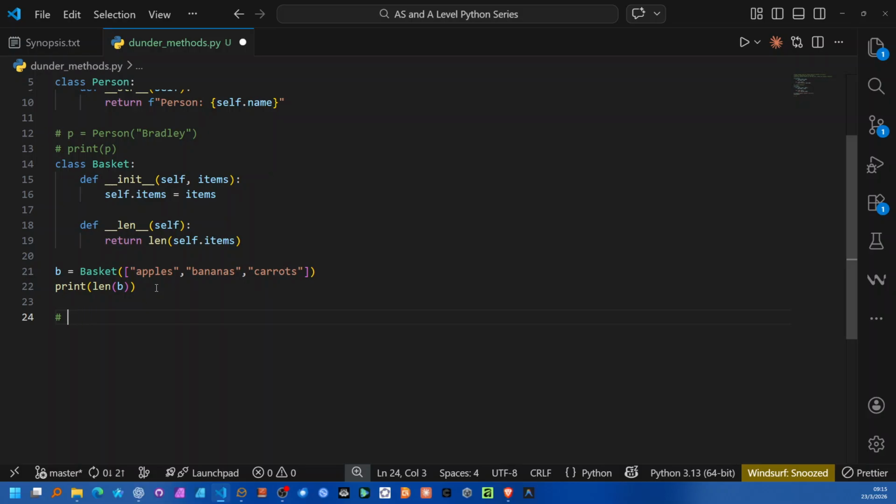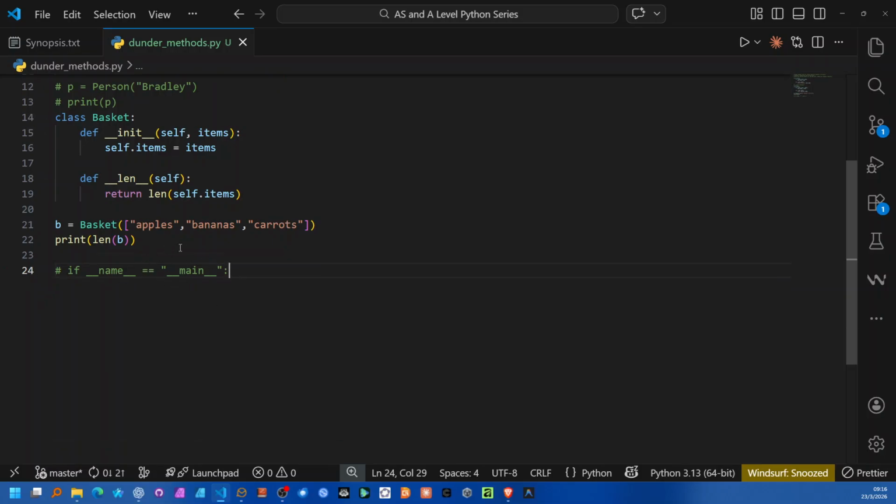I say if Dunder name is equal to, then double quotes, then Dunder main. Then I'm going to run my main method. You might actually have seen me doing this in my walkthrough series. If you've ever checked that out, you definitely see that I do this a lot. So this is actually one of the most important patterns in Python,